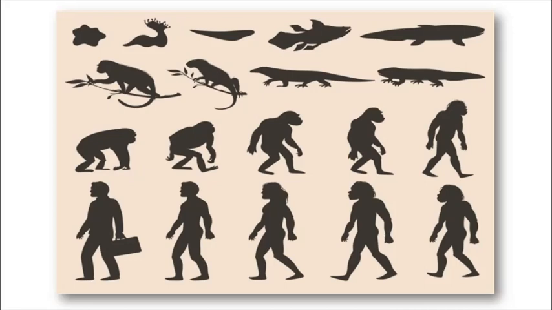So children, the answer is yes, we do have proof. There are so many observable facts from various fields of study. So here we are going to study a few evidences of evolution. Now we saw what is evolution and how different organisms must have evolved. In this chapter, we will be studying a few evidences of evolution.